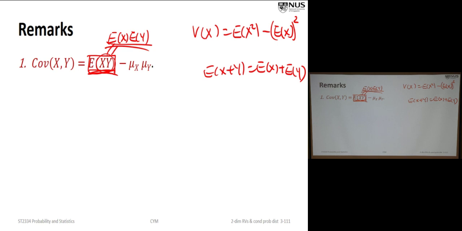Yes. So addition, okay. Multiplication, not okay. All right. Am I right? Oh, I'm the only one saying that expectation of x plus y equals expectation of x plus expectation of y. I'll check your notes. Okay. Anyway,